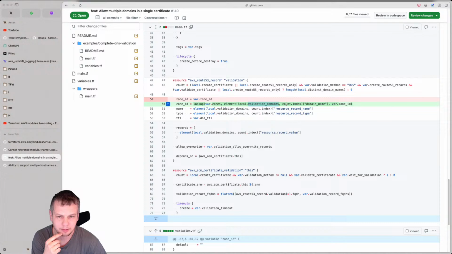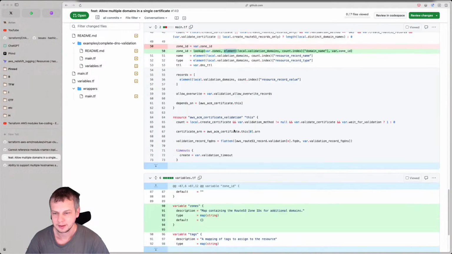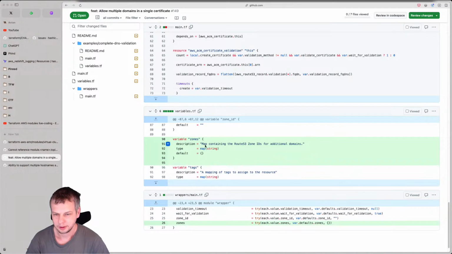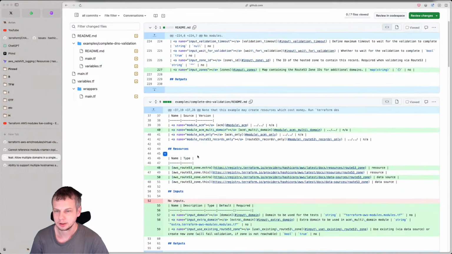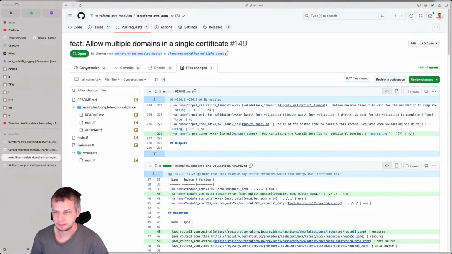Of course, if we use element, we will never go out of this range because that's the way element works. But it can be problematic in certain cases where you have different domains or different ordering and so on. So it's good that it's a map. All right. Okay, potentially pretty good.